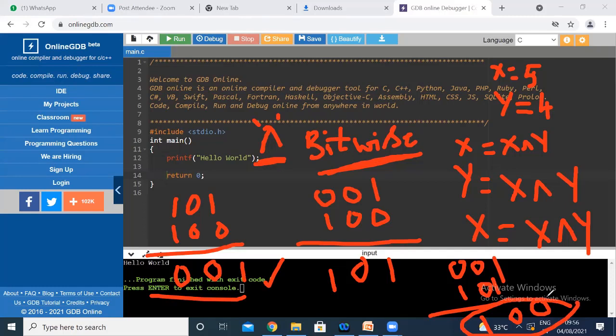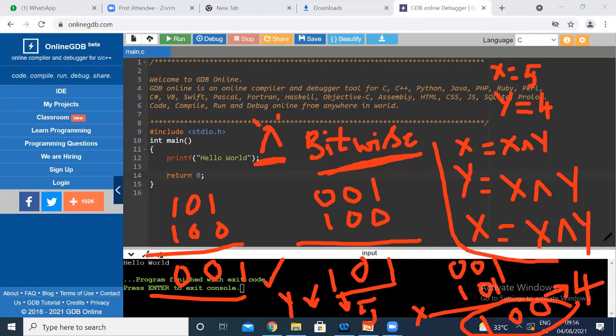So 100 means 4. So x got the value 4, and 101 is equivalent to 5. So you can do your swapping operation with exclusive OR gates. Using bitwise operators also, you can perform swapping operations. Did you understand? Yes, ma'am.